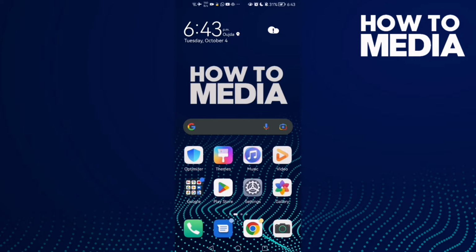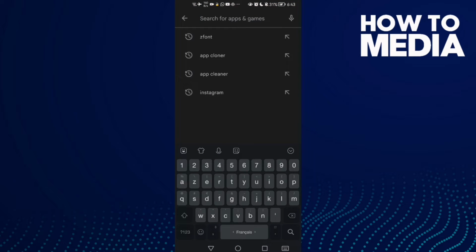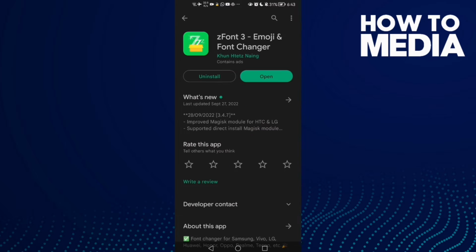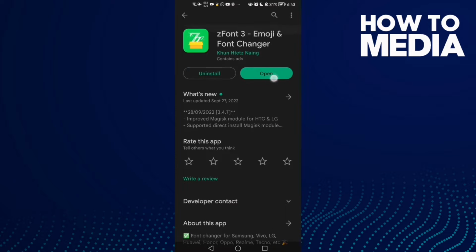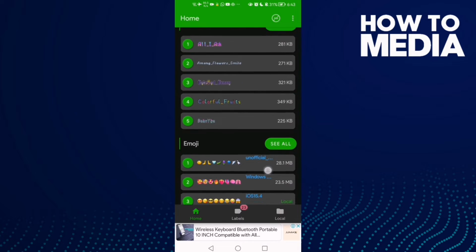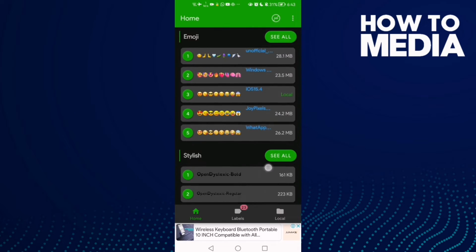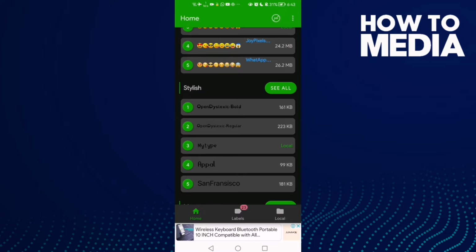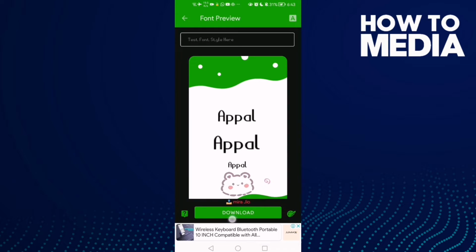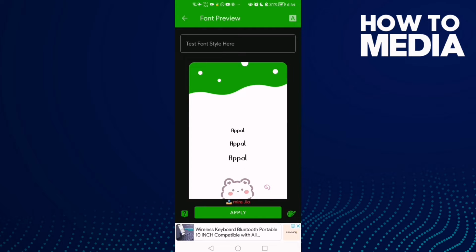First, just open Play Store and then type the font and click on it and then click open, and now just select any font you want, like this one here, and then just click download and click apply,